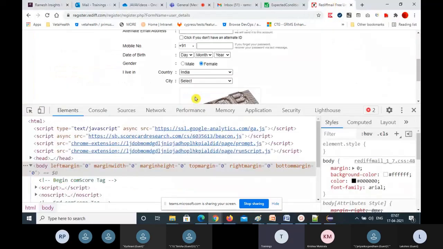Next, select the day, month, and year option from the drop downs. This you have to do. This is the one where you select your date of birth. So I want to see your skills of Java here. Yesterday I told you, without the Select class, there is another method to select an option from a drop down, right?